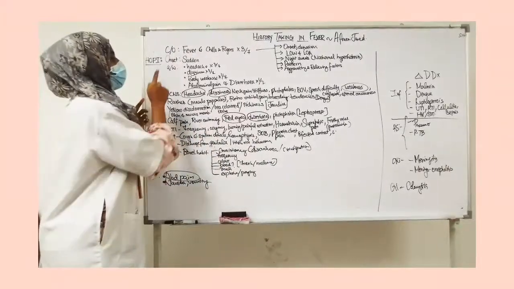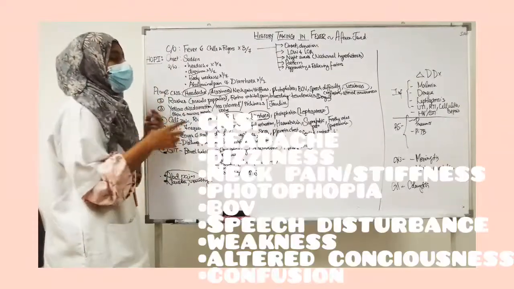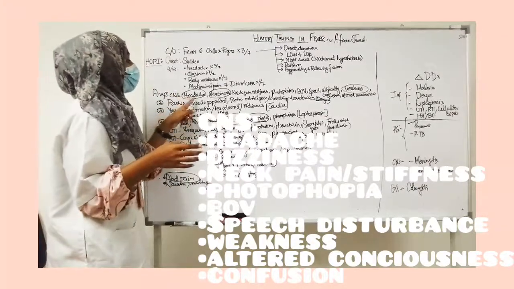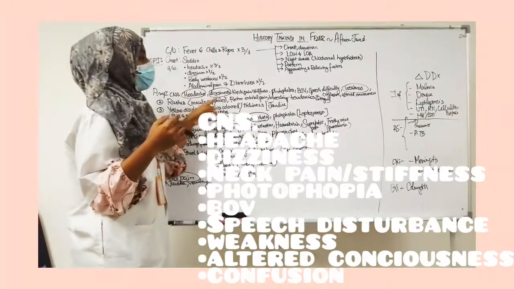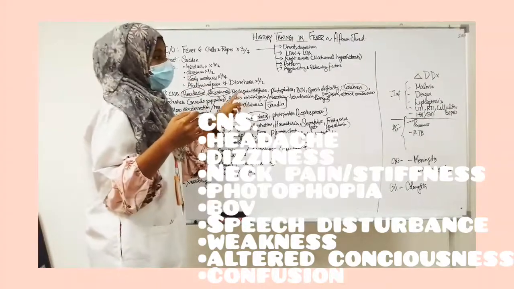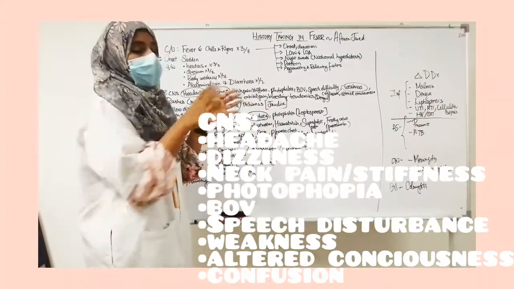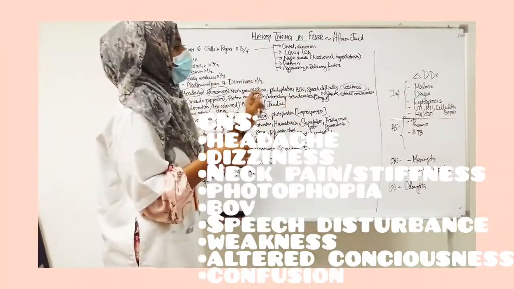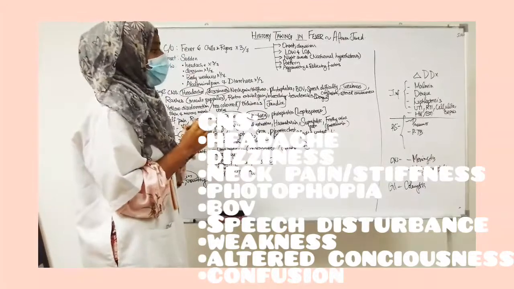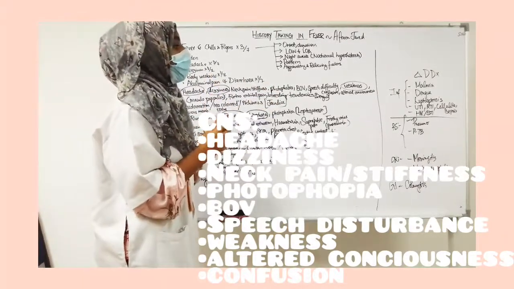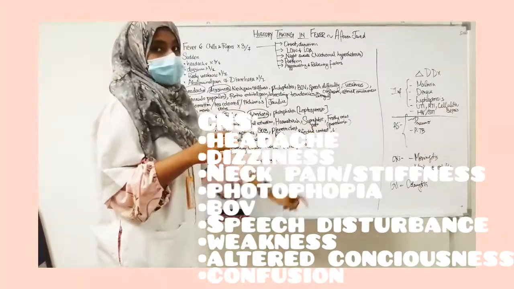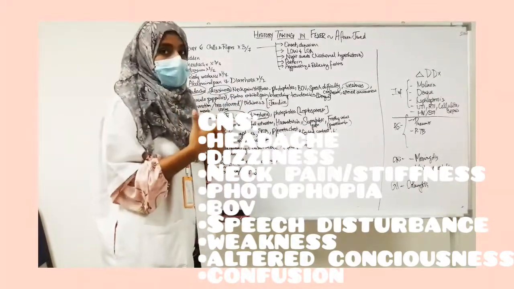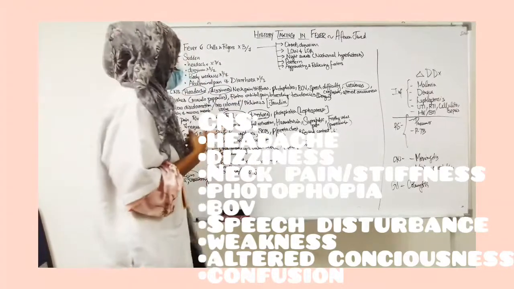Since my patient said headache and dizziness, I would like to start from the CNS. Other symptoms you can ask about are headache, dizziness, neck pain or neck stiffness, and photophobia. These are for ruling out meningitis. Other than that, you can ask about blurring of vision, speech difficulties, body weakness, which he said is there, and then confusion and altered consciousness. All these CNS symptoms you ask to rule out the CNS infections which I told about, meningitis and meningoencephalitis.